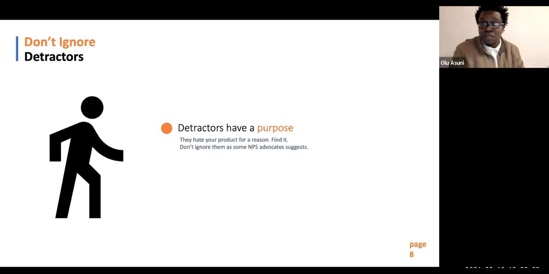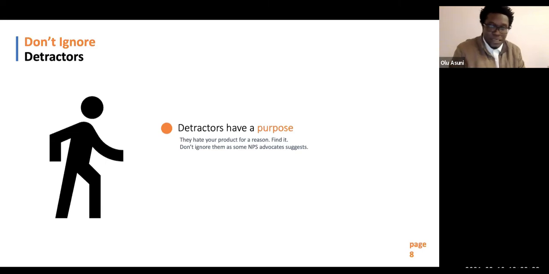They are the kind of people that would go and create a GoFundMe account to ensure that that favorite business doesn't go under. And those that have scored the business or the product or the idea 7 to 8 are those that are borderline convinced but not totally convinced. And you need to do everything in your power to convince them, to convert them into advocates. And they said that those that are 1 to 6 or 0 to 6, you shouldn't bother about them. They are detractors, they are haters, they don't love your business, they can go to places and all that.